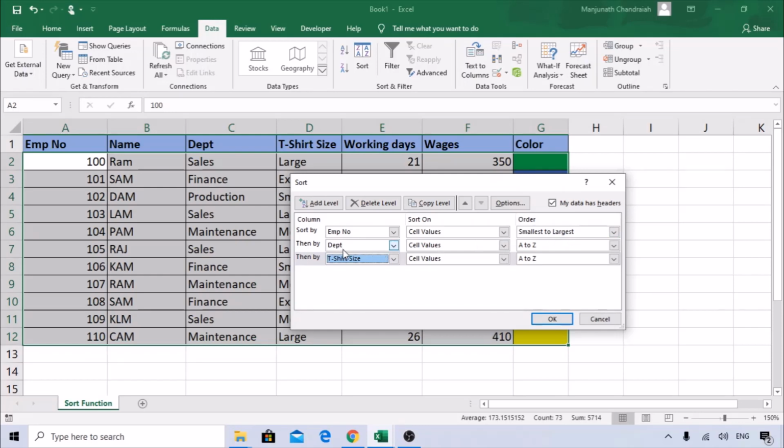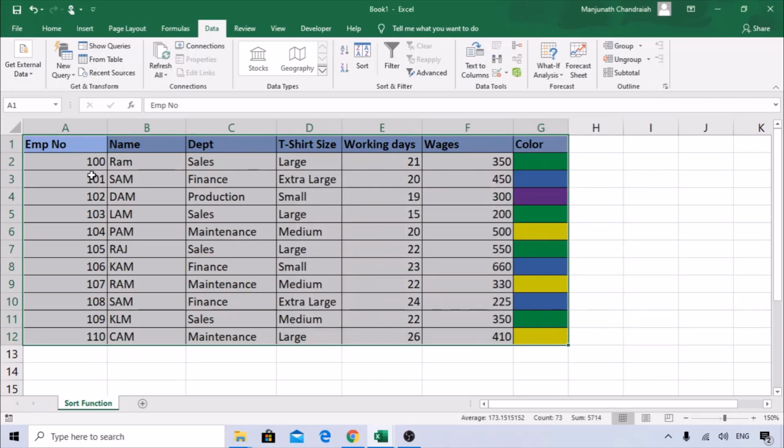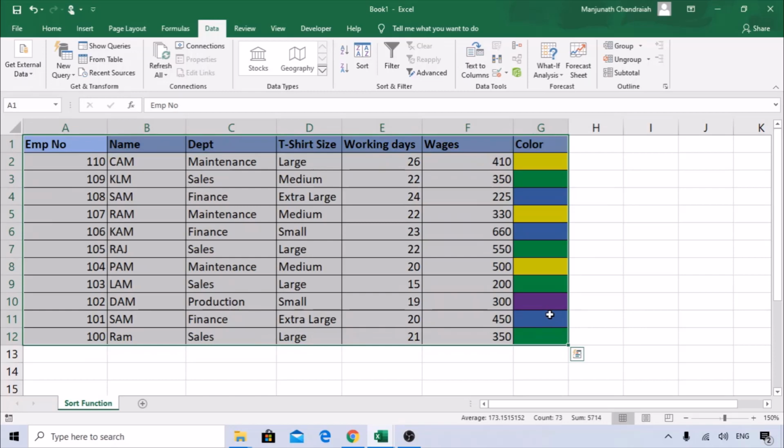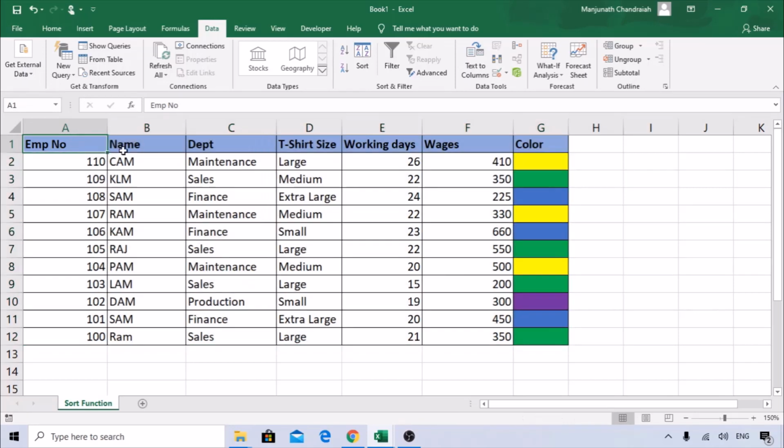Department and t-shirt size are text, so it is taking A to Z. You can set it to Z to A. Let it be A to Z. Since we already sorted this in ascending order, let's change it to largest to smallest. Now you can see it will sort the employee number, then check the department as well as the t-shirt size order. So you can do multiple sorting here.